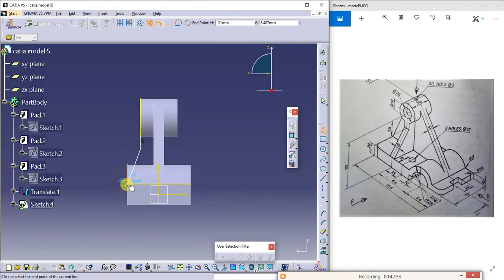And join to this. Next, from here to join this line. Then again from here join to this. Trim the extra portion.